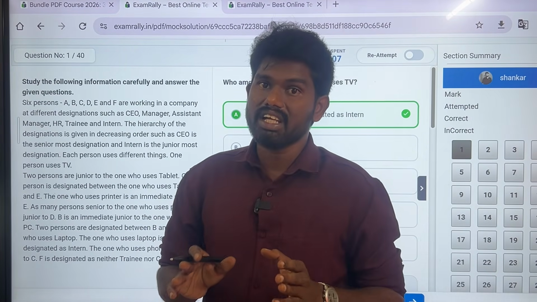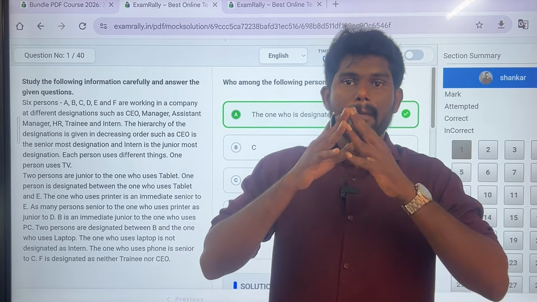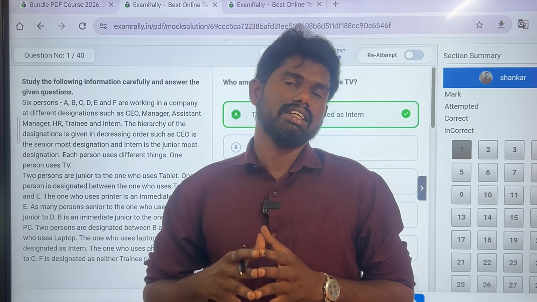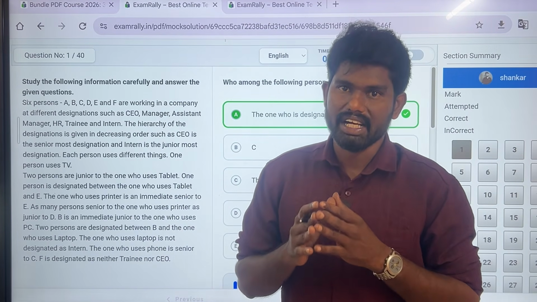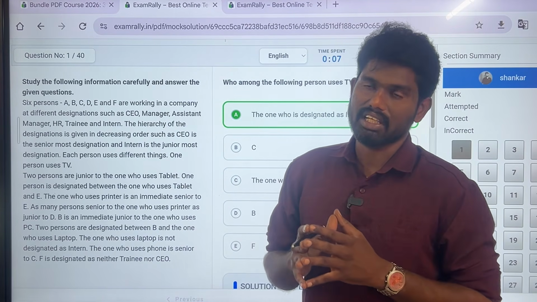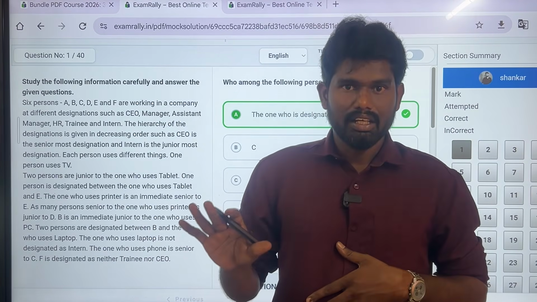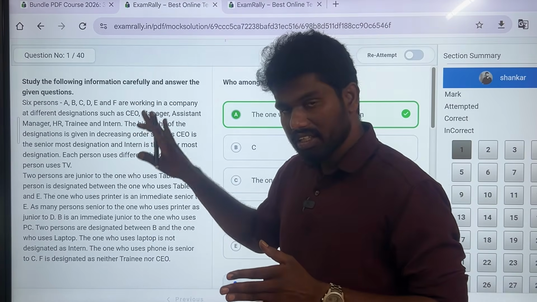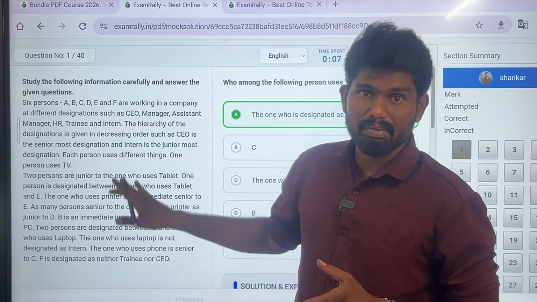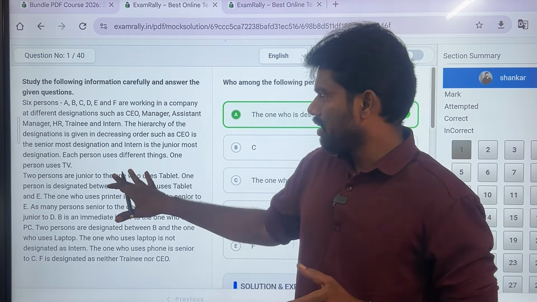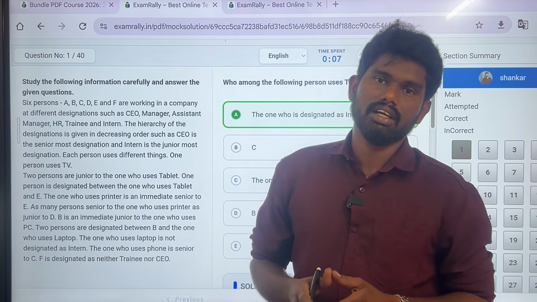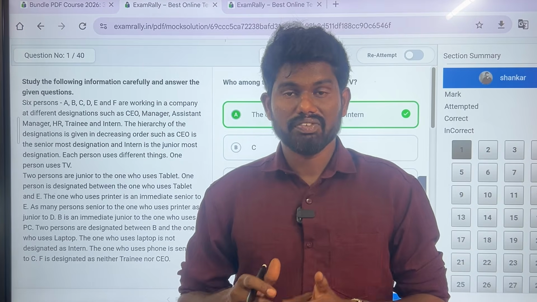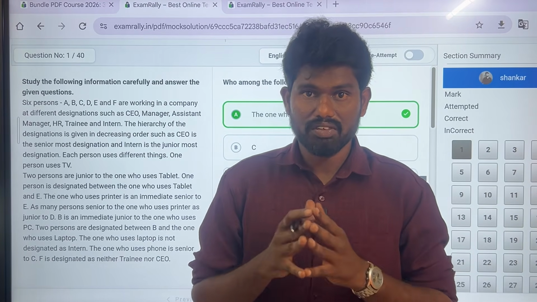If your practice material is not following this method, you have to decide that the material is not following the exam pattern, exam logic and exam trickiness. You have to start puzzles and seating arrangements from the very first statement and continue solving the statements one by one sequentially. These are very important tips for prelims and mains exams, so don't forget them.